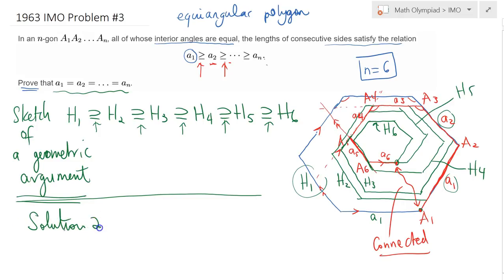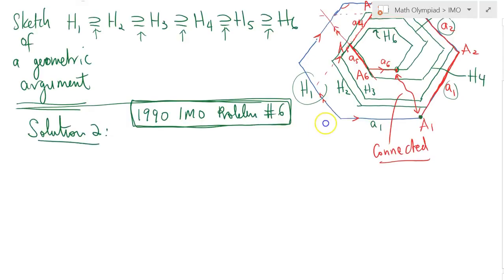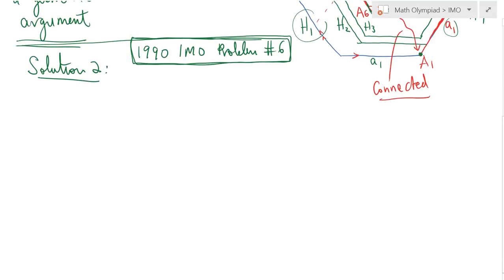So solution 2. Like I mentioned earlier, you can check my video on the 1990 IMO problem, I believe number 6. That question is, by the way, significantly harder than this one, obviously. But I explain how to handle polygons, equiangular polygons, in that video. But just to remind you, it turns out that if you have an equiangular polygon,